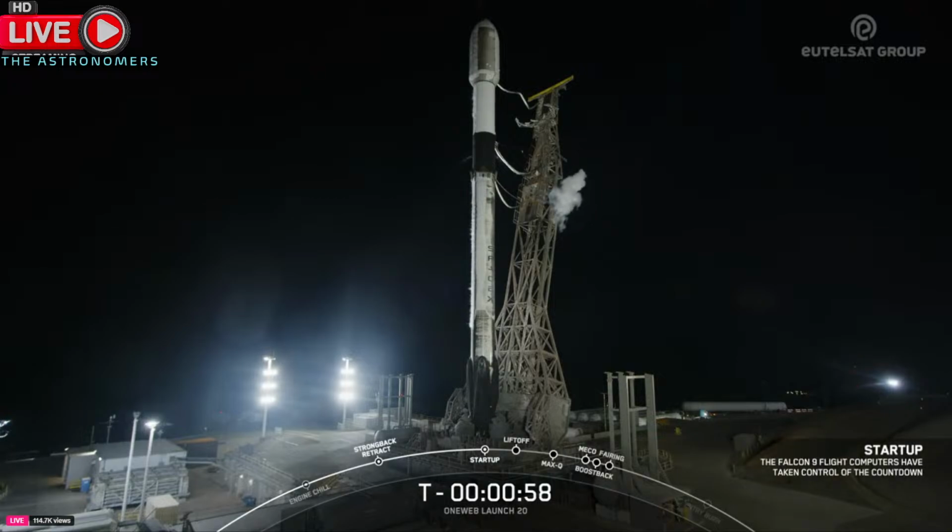Falcon 9 is in startup. And there you just heard that call out for Falcon 9 in startup, which means that the internal flight computers have taken over the launch countdown. The launch director will be giving...